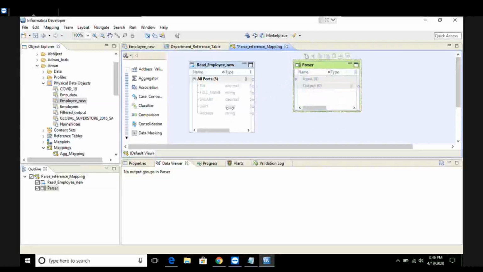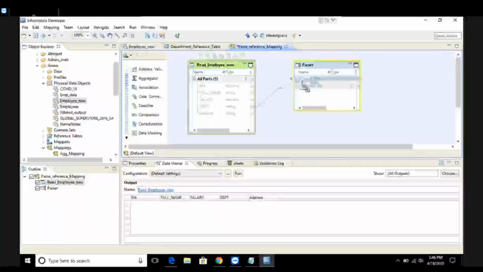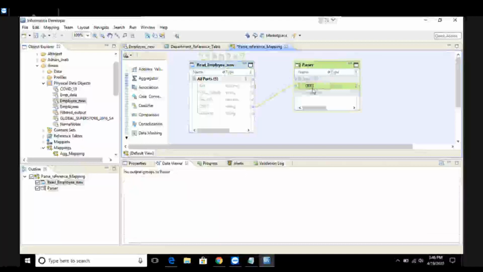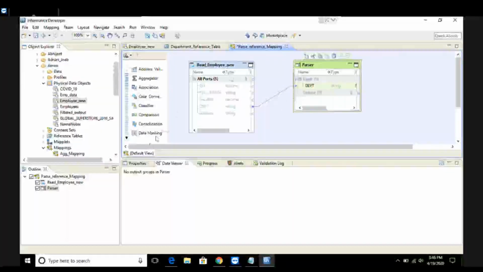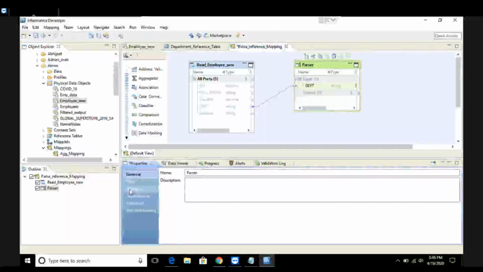As I only want to work here on the department column, I'll just bring the output of the department column to the input of the parser transformation. So this is connected. Now next step is to configure your transformation. So select your parser, click on properties and go to the strategies.